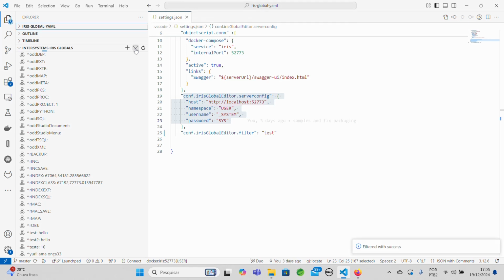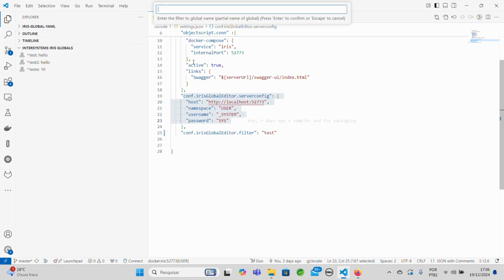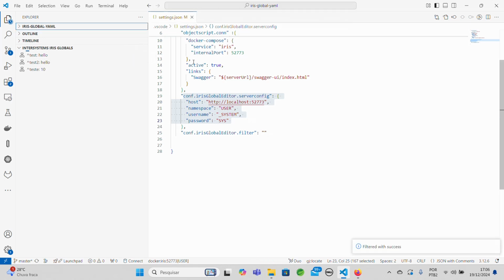enter, and the globals with text contents are here, okay. And if you filter with a blank field and press enter, you see all globals again,